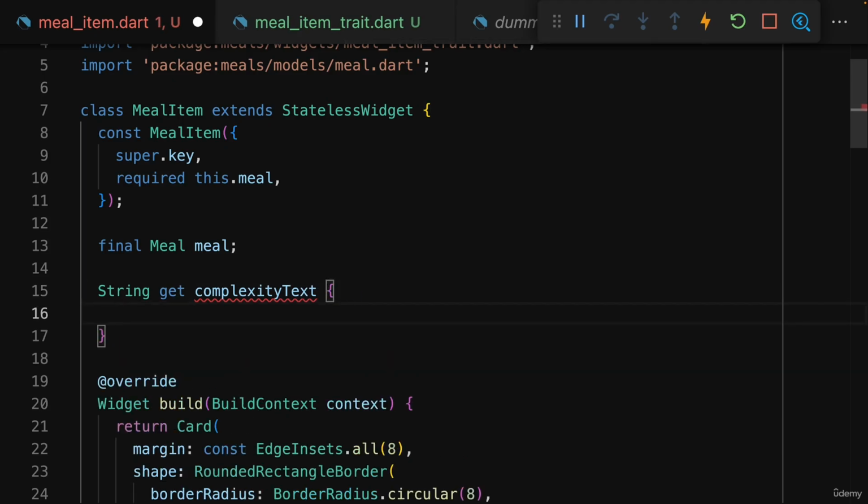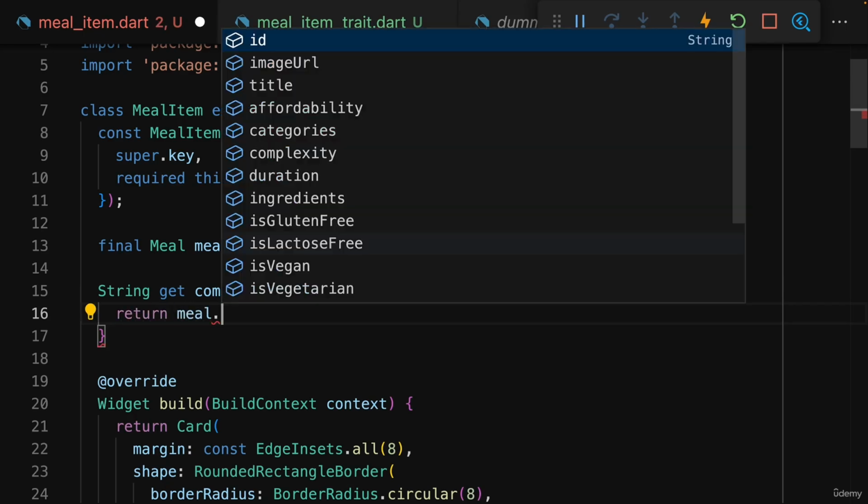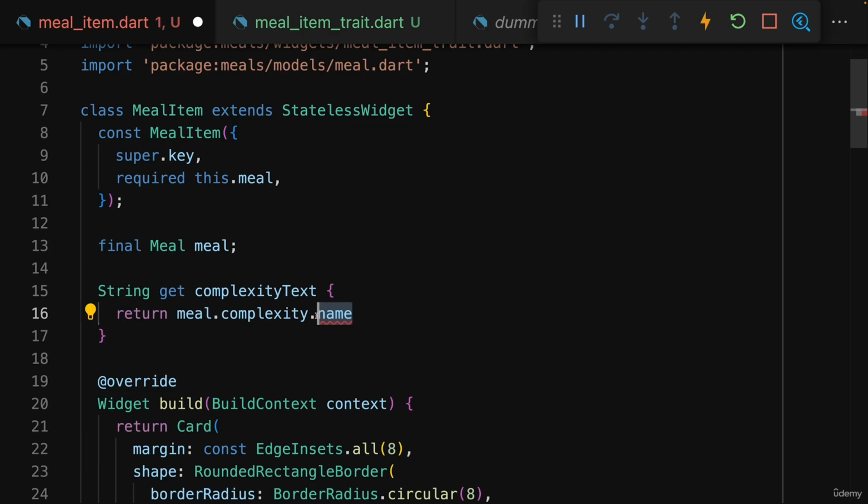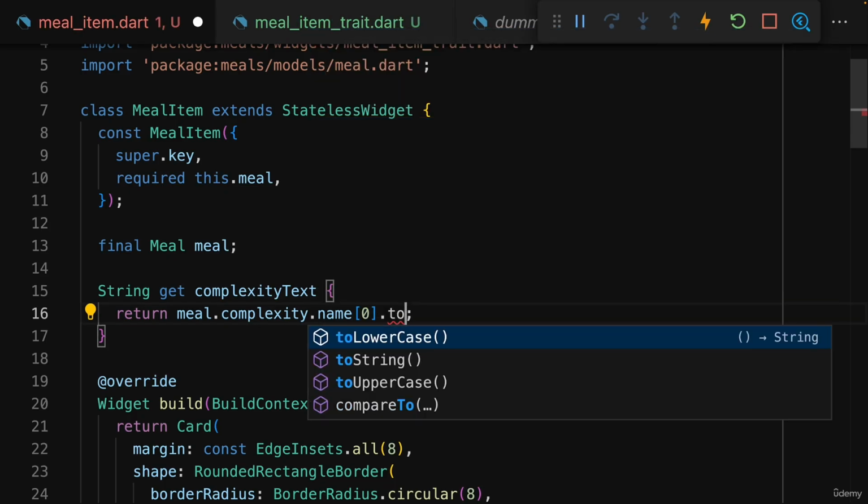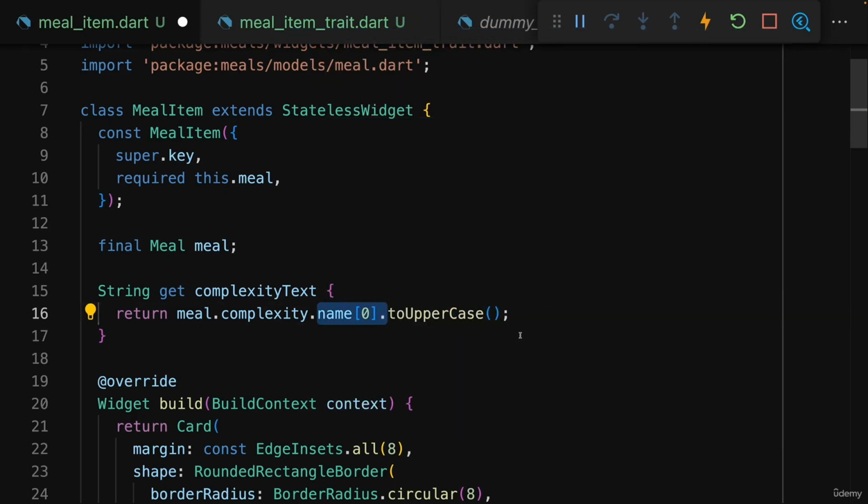without these parentheses here. And in there we can now return meal.complexity.name, because name gives you access to the enum value as a string. And I'll access the first character by using square brackets 0 here, which is a notation you know from lists. This accesses the first list item. Well, turns out that you can use the same notation on strings to access the different characters. So this is used to access the first character in a string, because just as in lists, the character indexes start at 0. And now we can call the built-in toUppercase method on this first character to transform it to